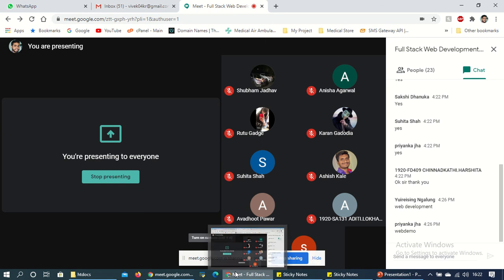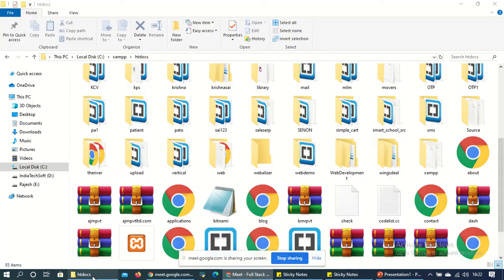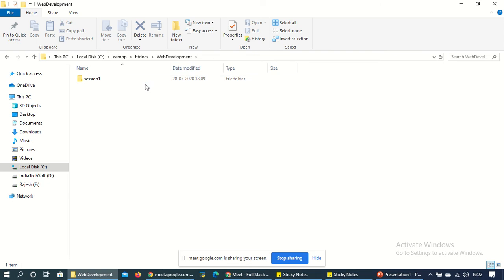So yesterday I created a web development project folder, and within it I created one more folder, which was session 1. I'm just going to open session 1 again, and here is my index file.